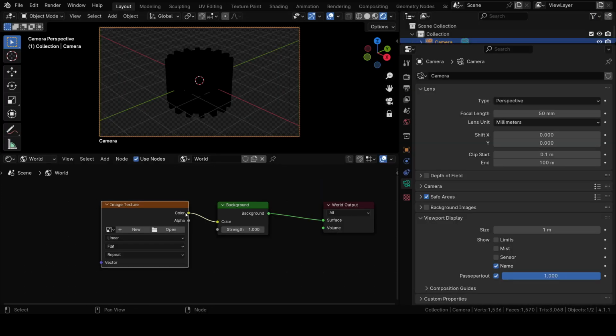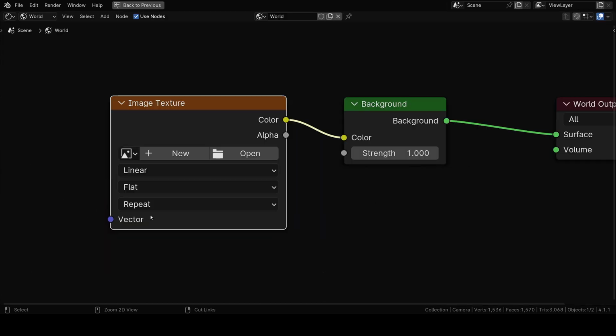See, when I just connected this image, I am in the world. I am not doing any texturing for any object. It may look the same, but I am actually dealing with the world. World means the environment where the object is living, where the object is present. There I am actually creating the world. So the world has no object actually. It is a non-existence, all-pervasive thing. That is why we are not going to the object. We are in the world. In the world, we have to